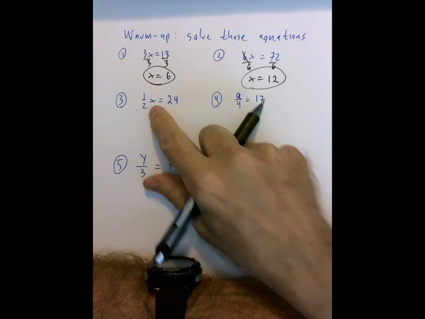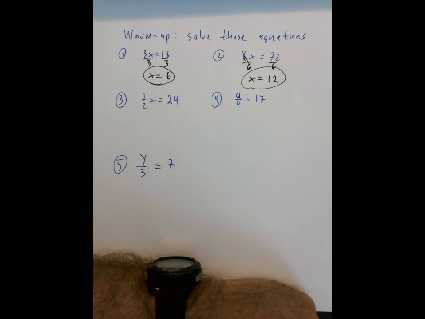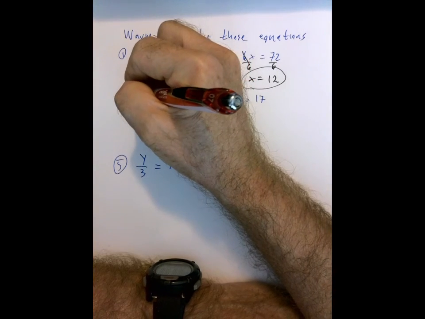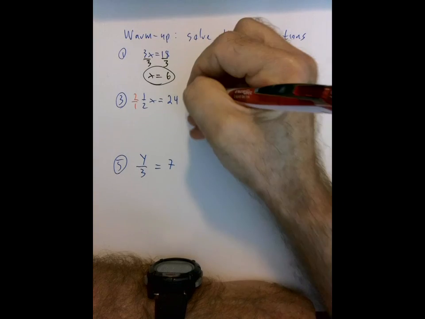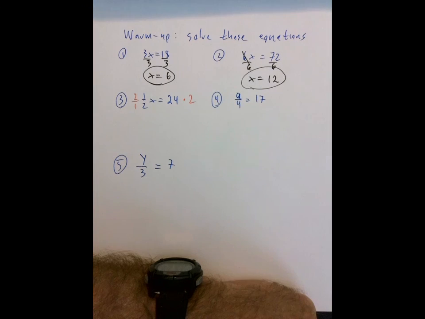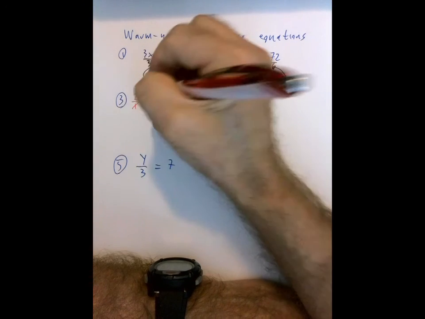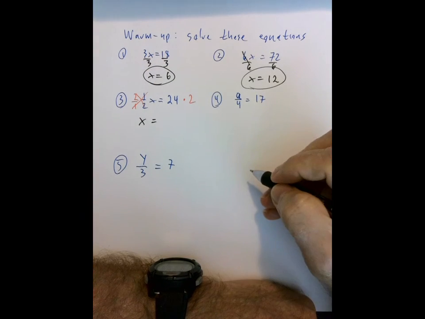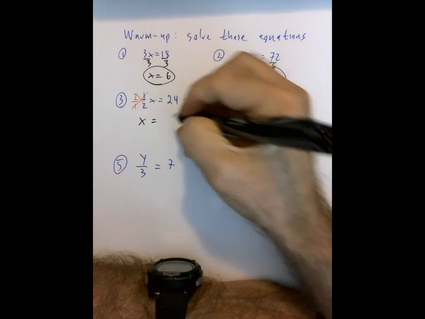Okay, so number 3. If there's a fraction in front, remember what we did was multiply by the reciprocal of 1/2, which was 2 over 1. We multiplied by 2 over 1, and that caused the fraction to cross cancel. So we still have x by itself. 24 times 2,